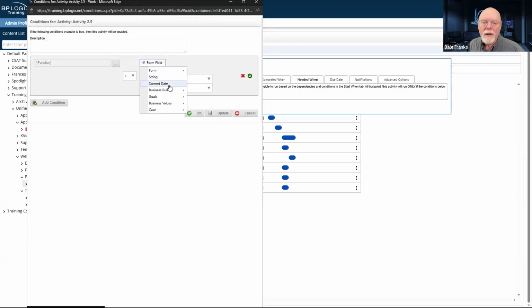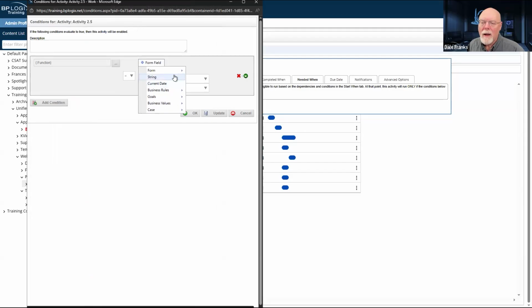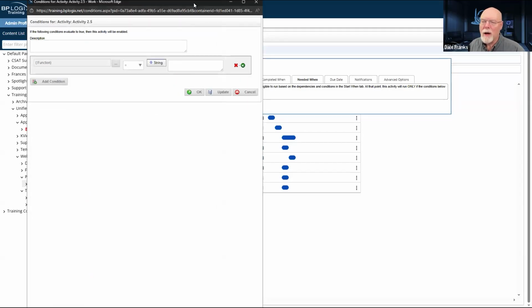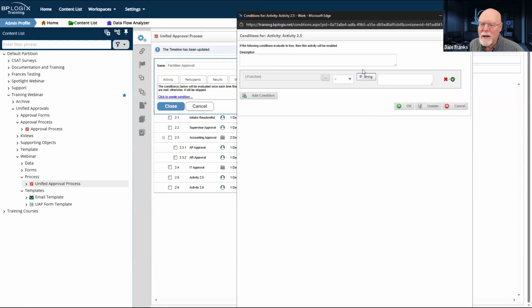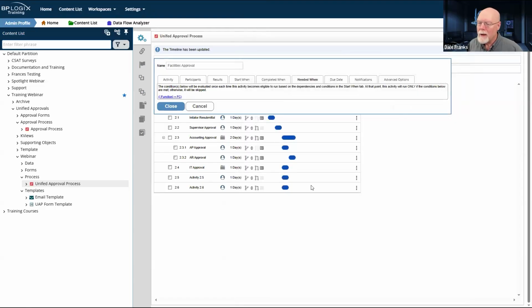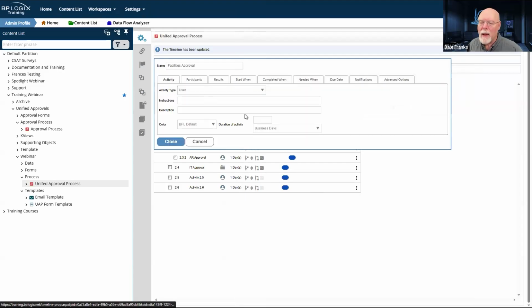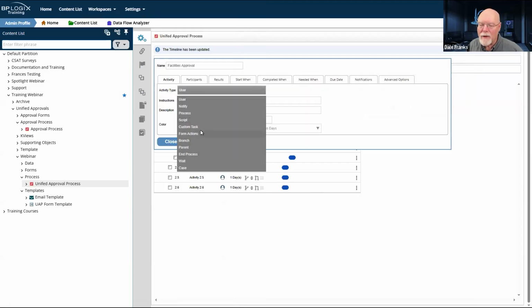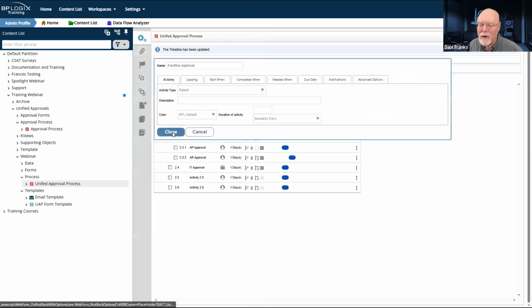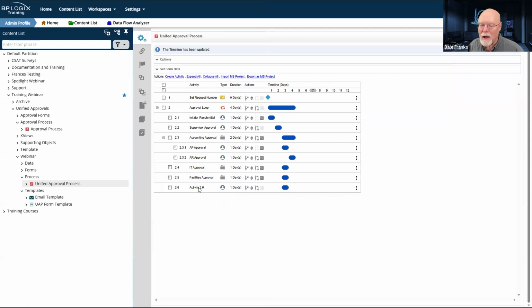And this function has to equal string. Did I say this was facilities? Yes, I did say this was facilities. So FC is my needed when there. And this activity, obviously a parent activity, just like IT approval.